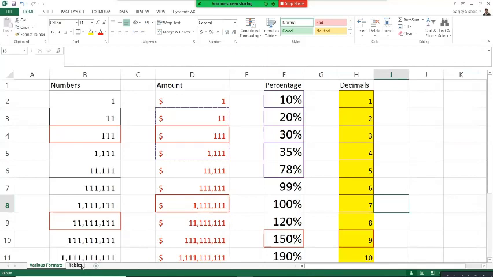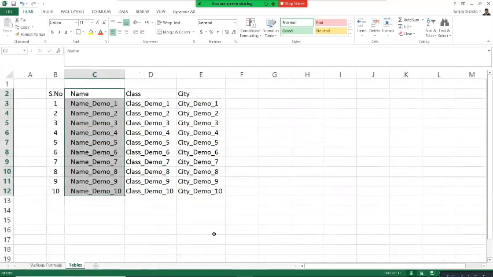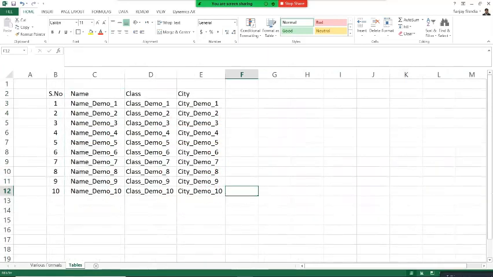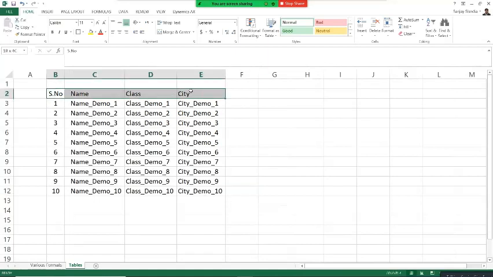Now, the last thing that we are going to discuss in today's session is, this is tabular data. And if you want to change the way it has been presented, you have two options.